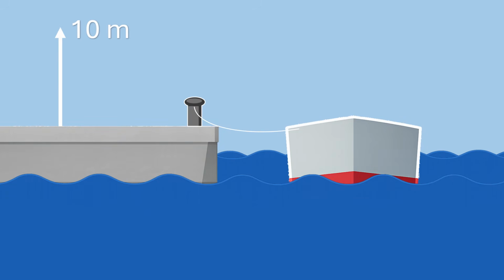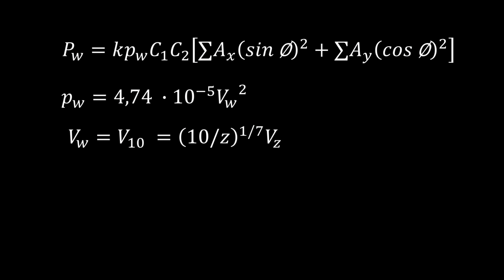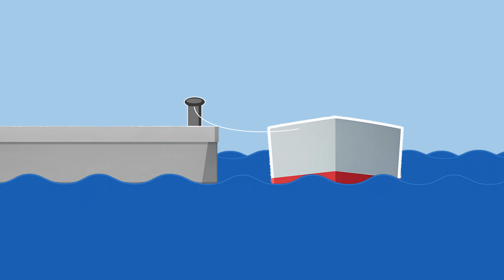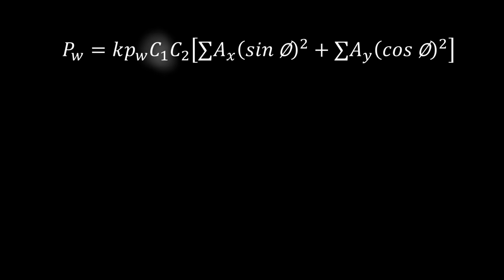If wind speed data is recorded at a different height, it must be converted to the equivalent speed at 10 meters using a power law relationship. The next important consideration is ship size. Large ships do not respond instantaneously to short gusts of wind because of their inertia and mass. This effect is included through a correction coefficient that depends on the length of the ship, reflecting the reduced response